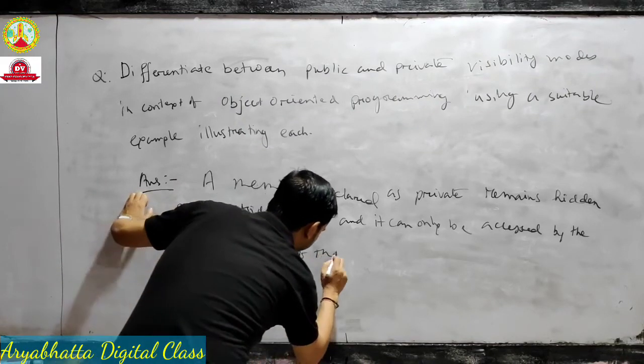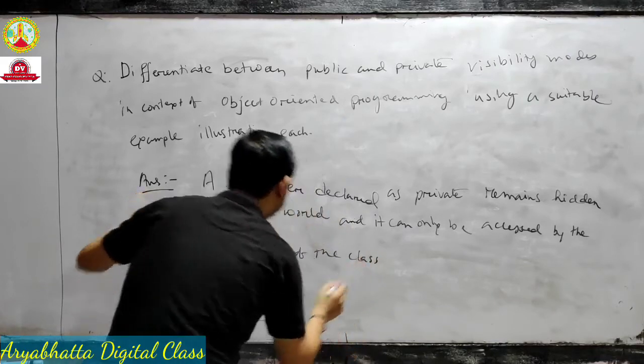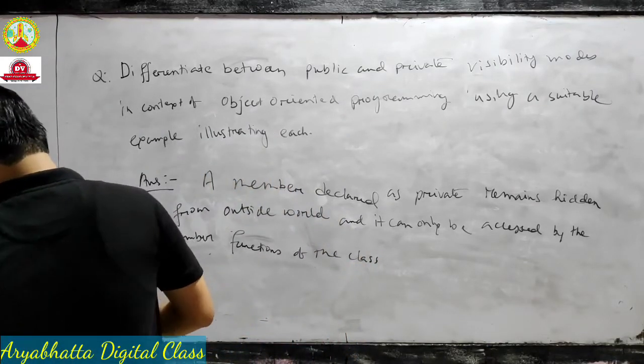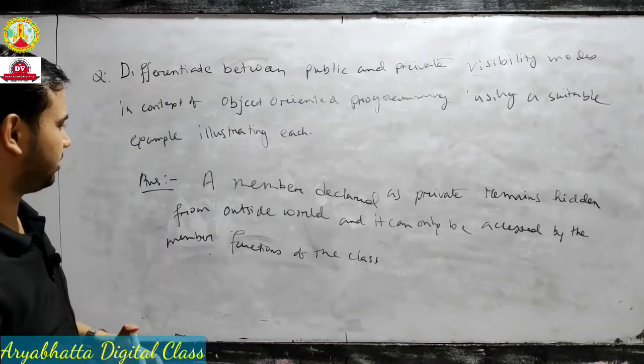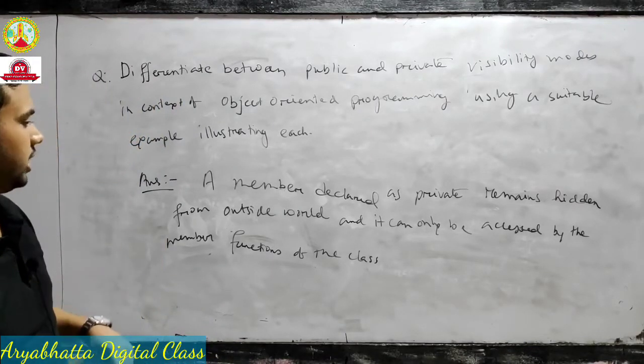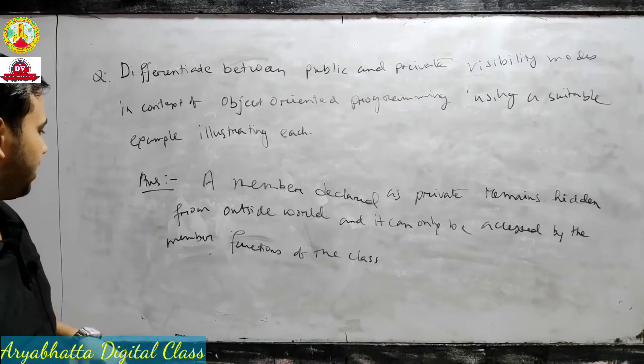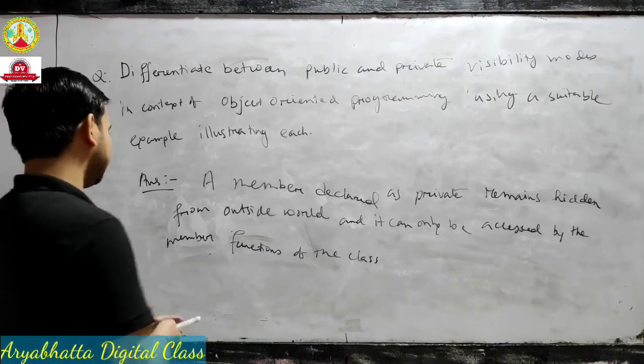Okay, this is the basic difference of private. A private member remains hidden from the outside world, and it can only be accessed by the member functions of the class. Okay, and